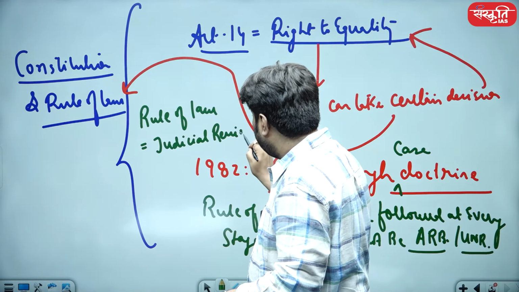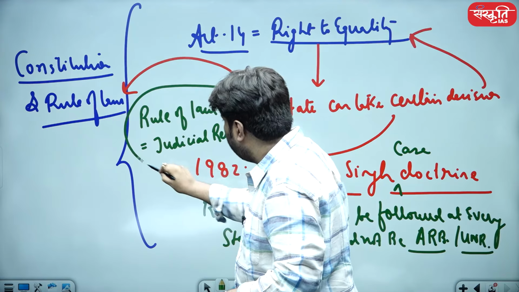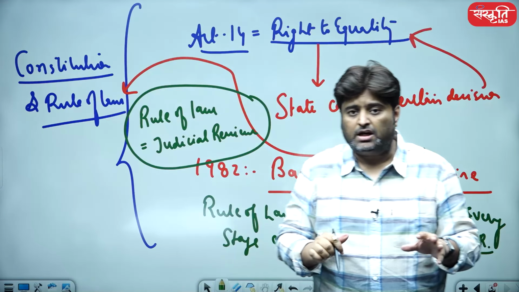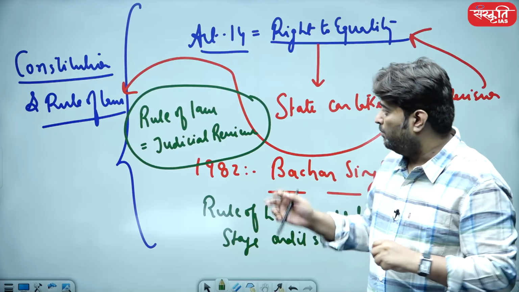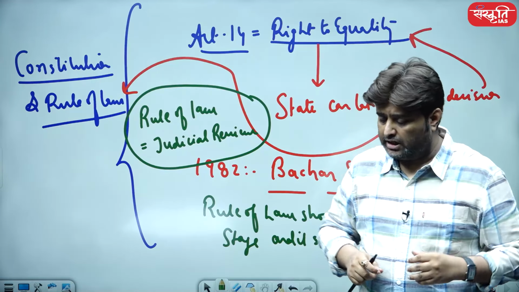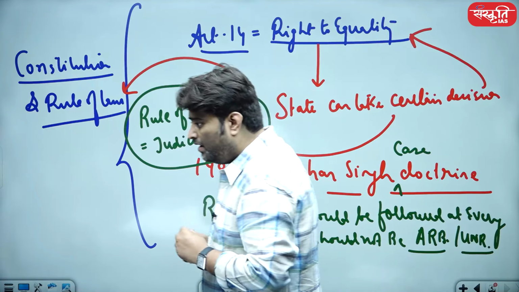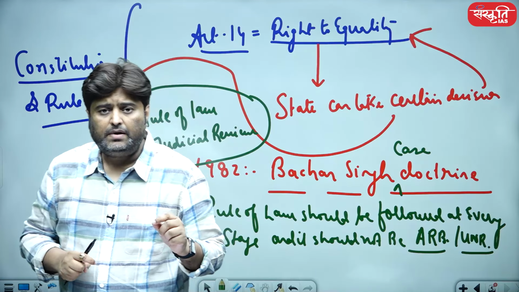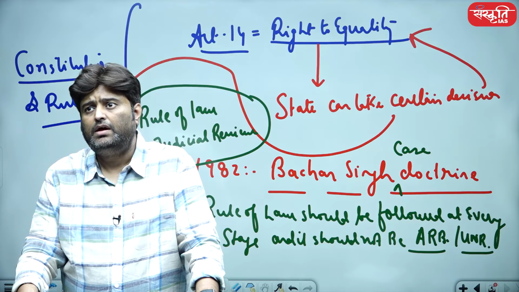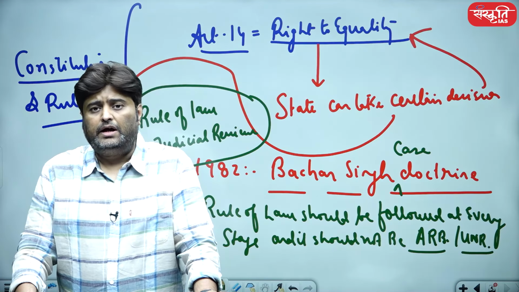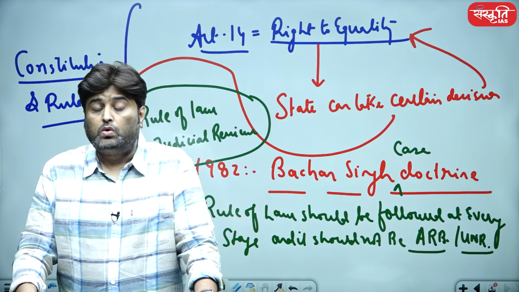So one very important parameter of having checks and balances is to have a judicial review. Please write one statement. I'm not going to write it over here. Write it: It is necessary to have a judicial review to establish rule of law in a country,